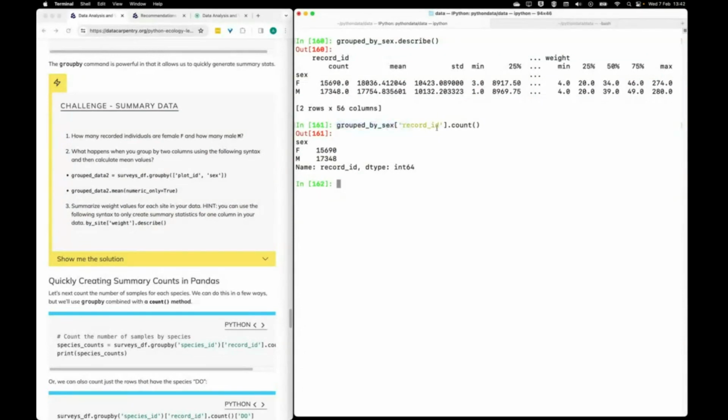So the record ID is useful because it tells you how many records there were in the data where there is data for the sex field being either F or M. And I say if there is data, because if you take the count for F plus the count,